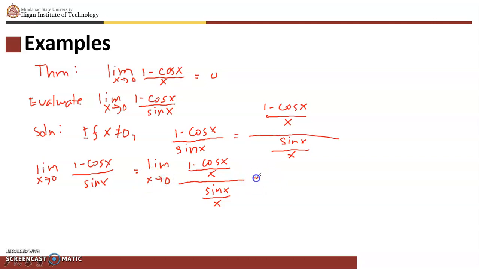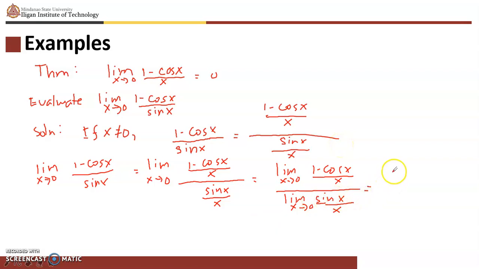But that is the same as taking the limit of 1 minus cosine x all over x as x approaches 0 over the limit of sine x all over x as x approaches 0. Now we have a theorem for this that is equal to